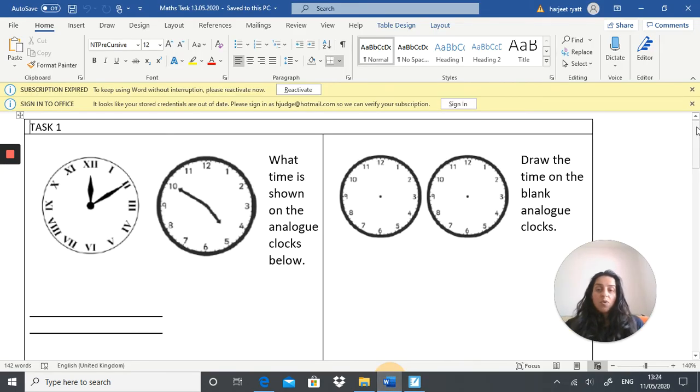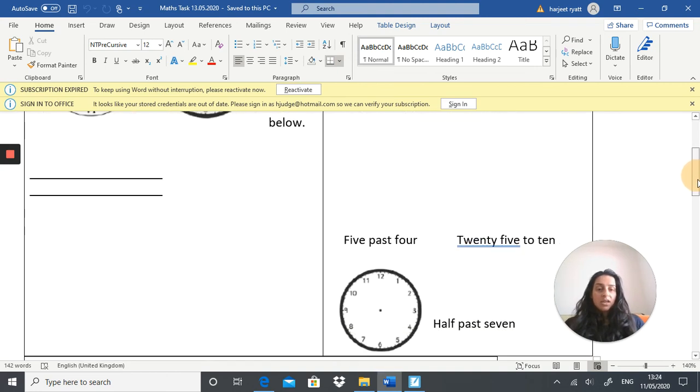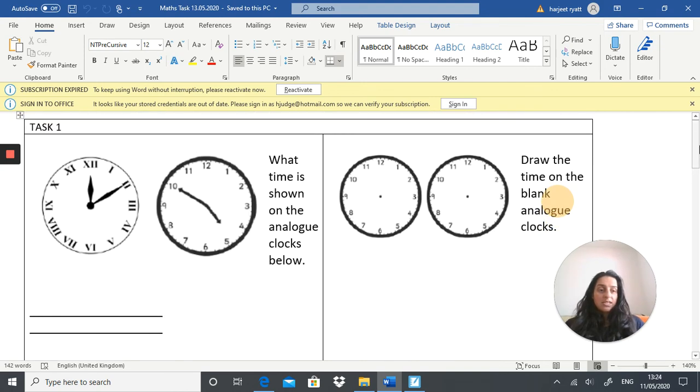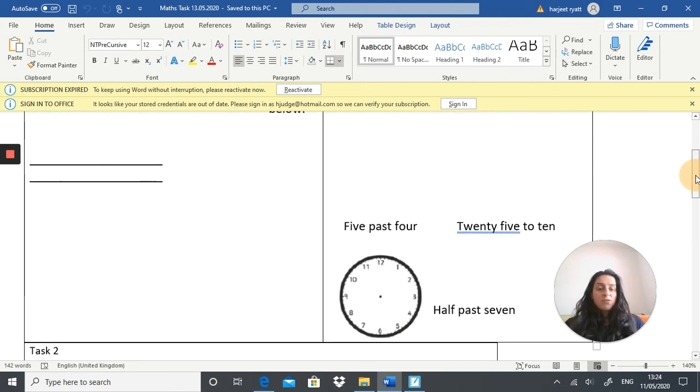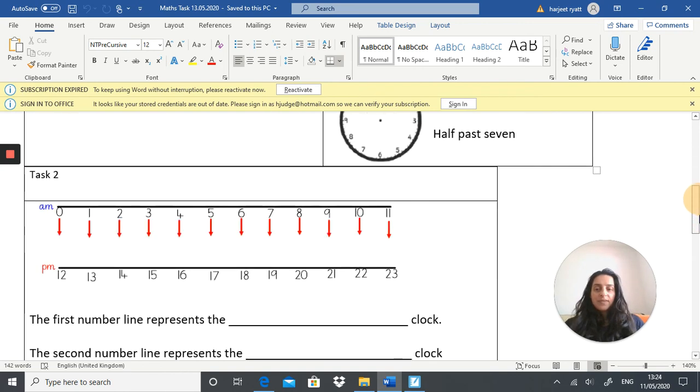And so task 1, you have 2 clocks here. It says, what time is shown on the analog clocks below? Just write the times in. And here it says, draw the time on the blank analog clocks. And the time for this one is 4:05, 25 to 10 for the top one, and this one is 7:30. Task 2,